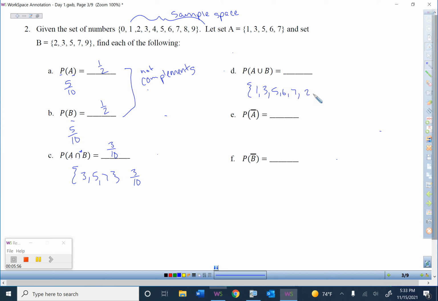and then I'll tack on anything from B that hasn't been mentioned yet. So 2 hasn't been mentioned, but 3 and 5 have, 7 have. We just got to tack that 9 on. So 1, 2, 3, 4, 5, 6, 7 out of 10 for this one. These little hats that you see are the complements. Okay, so that says the complement of A, but usually I'll read it out loud as the probability of not